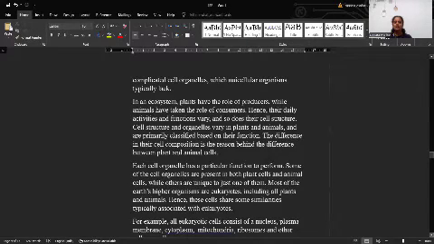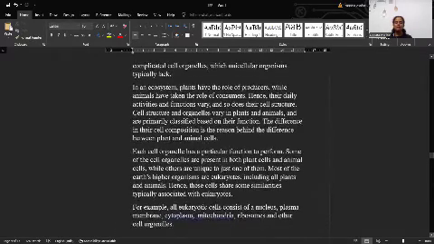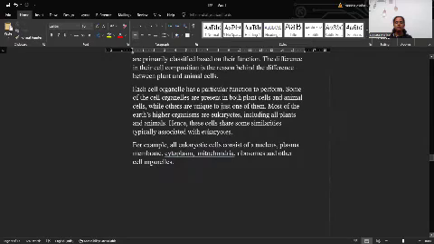Each organelle has a particular function to perform. Some of the cell organelles are present in both plant and animal cells, while others are unique to just one of them. Most of the Earth's higher organisms are eukaryotes, including all plants and animals. Hence, these cells share some similarities typically associated with eukaryotes. For example, all eukaryotic cells consist of